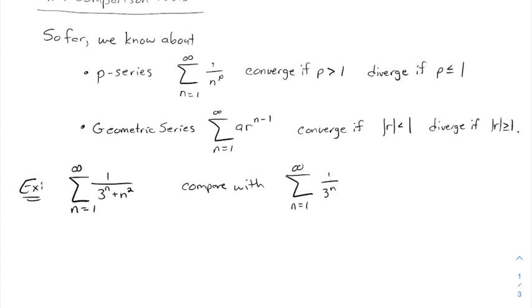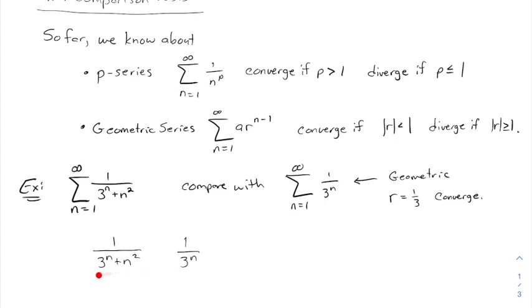When we do that, this series over here is geometric. R in this case is 1/3, so we know it's going to converge. We could figure out what its sum is, but I don't really care. At this point, all we really care about is that this thing converges. Now, let's compare the terms. If you look at the terms of this series, the one given to us here, 1 over 3 to the n plus n squared, and we compare that with 1 over 3 to the n,